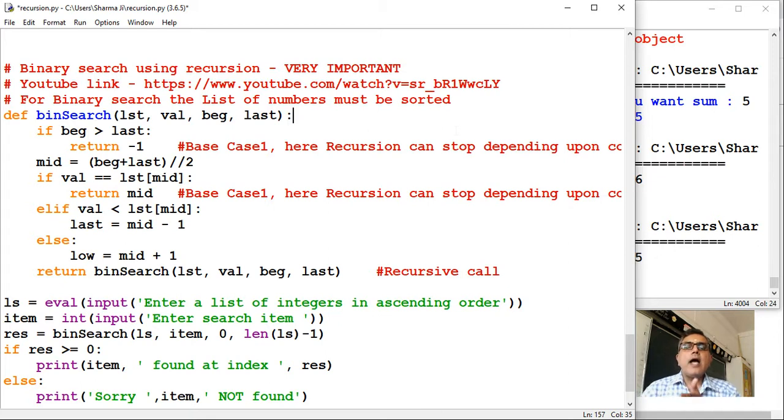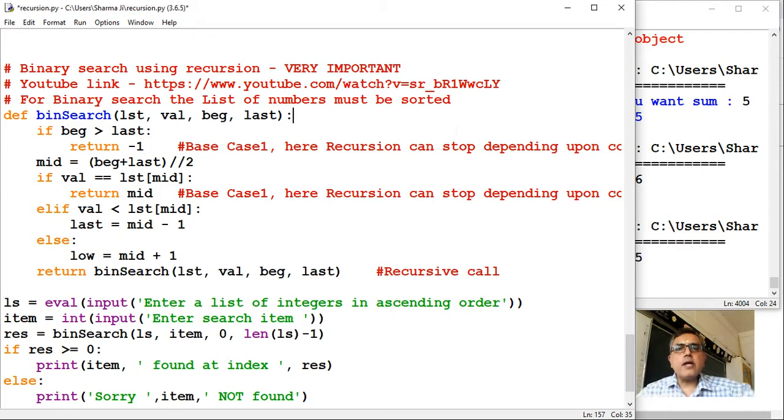Now I have to search which roll number? 10. Does 10 fall in this half or in the other half? So I'll compare with 9. If the roll number which I am searching is greater than the lower value of this half, yes, it is greater than the lower value. What is the lower value of this half? 9 to 15, right? So I will come to know that my textbook is in this half.